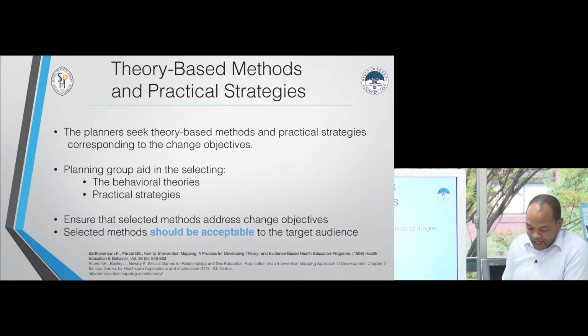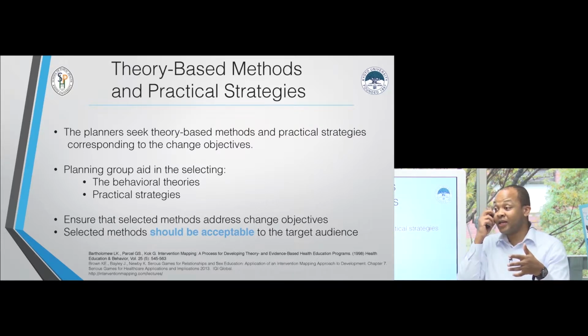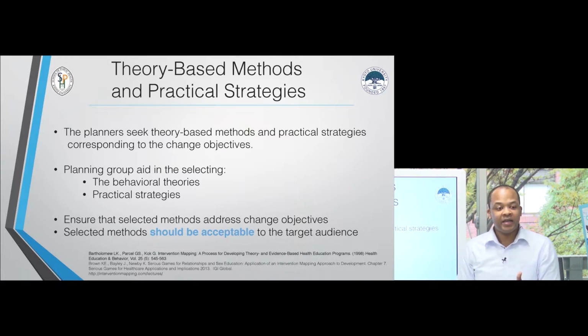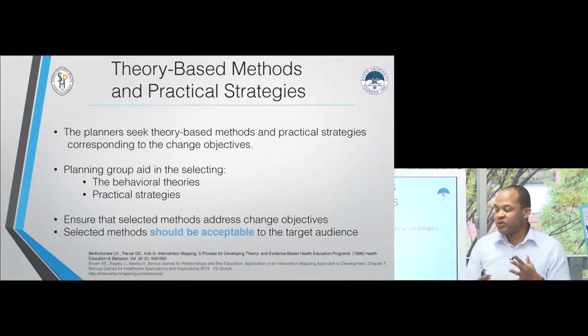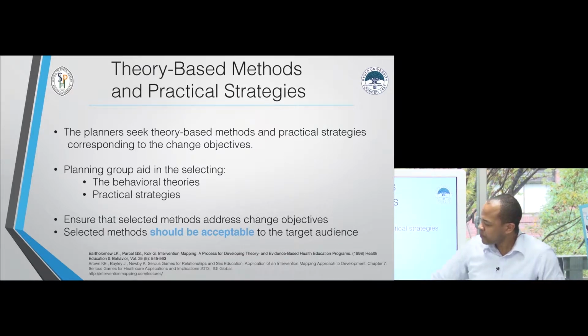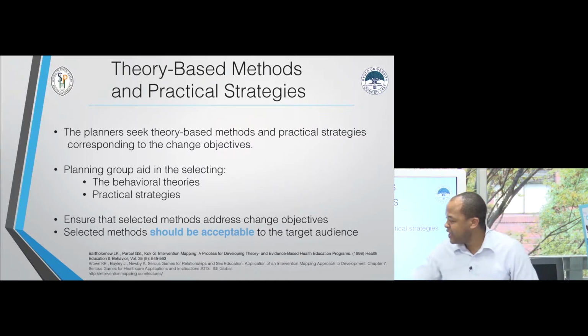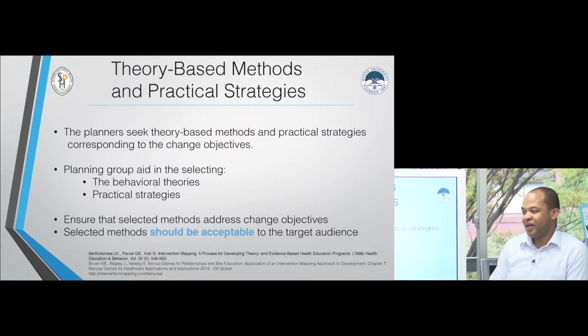So next is planning group. The planning group helps in deciding or selecting the behavioral theories as well as the practical strategies. So you get these people to sit in a place and you discuss the change objectives that you've identified, and then you discuss the theories that are related to that, and then you go to a very systematic way to deciding which theory is going to be used. And then the bottom line is to ensure that selected methods address the change objectives, and selected methods should be acceptable